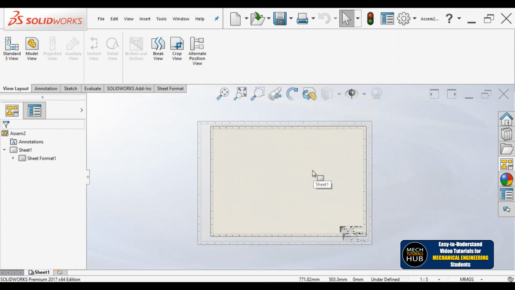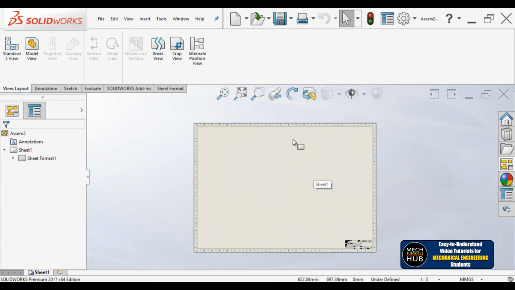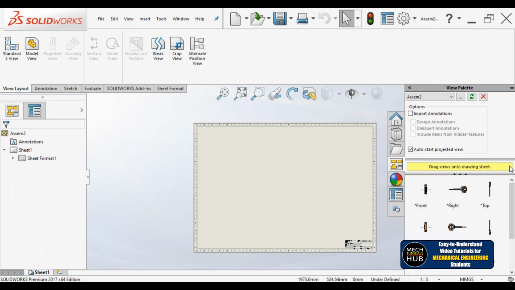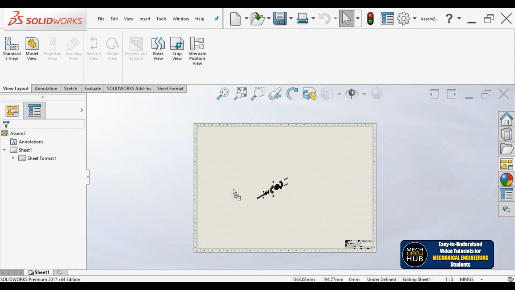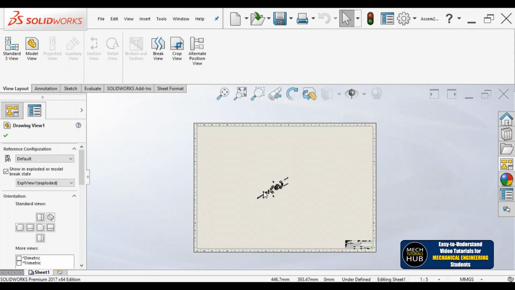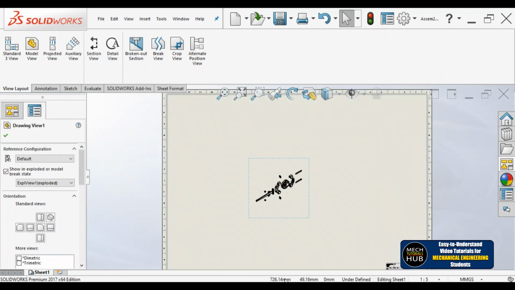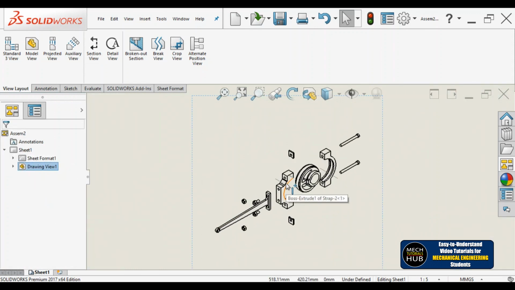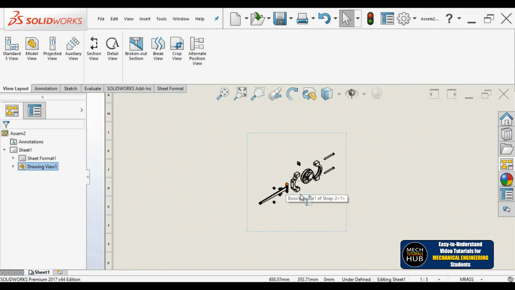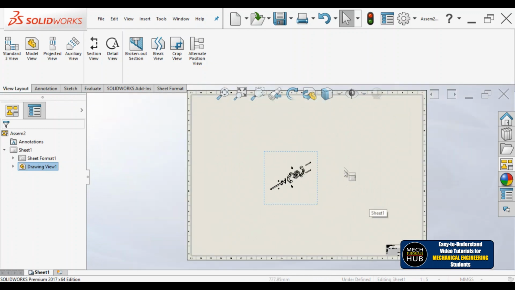Now this is the sheet, you could see here. Now we would like to place the exploded view on it. For that, here you find the view palette, click on view palette, you find all the views related to that assembly. Simply go down, you find isometric exploded. Drag and drop it on the A0 size sheet. It is reading, so done. Once this is done, you could see the complete exploded view here on the screen.